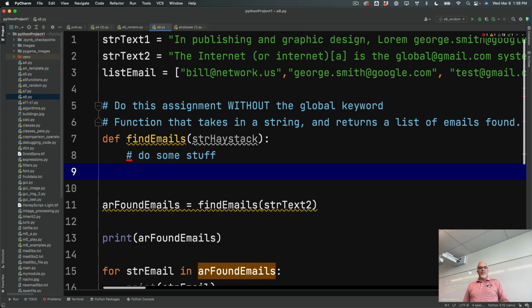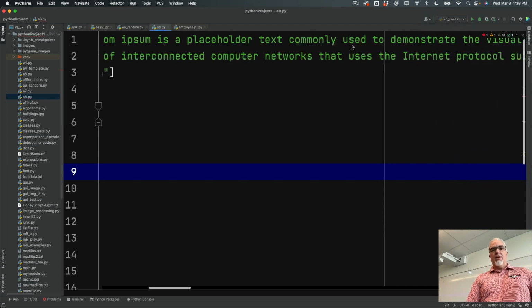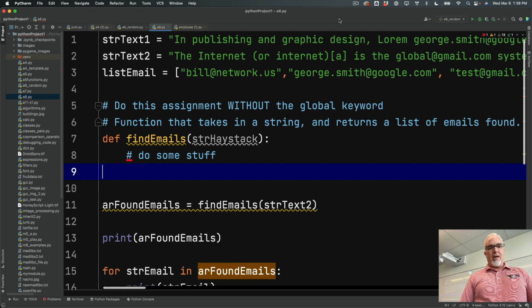So the first thing I want to do is look for strings that have an @ sign. Earlier in the week, when we dissected the Taylor Swift and Abraham Lincoln text on Monday, we weren't looking for anything specific, but we were counting things like word lengths. Now, if I split this string using the spaces, then I can look at each word and ask if it has an @ sign in it. So let's just do that. If I want to find the emails,